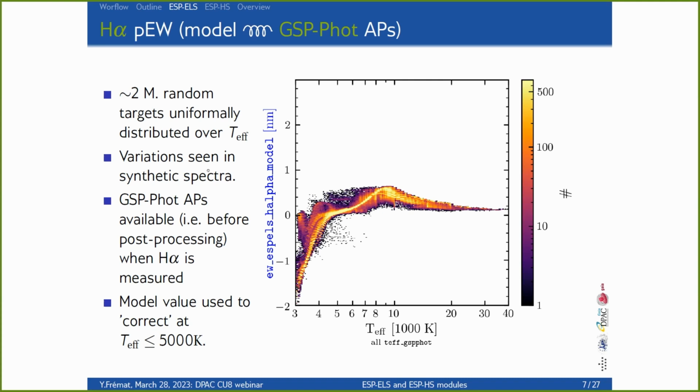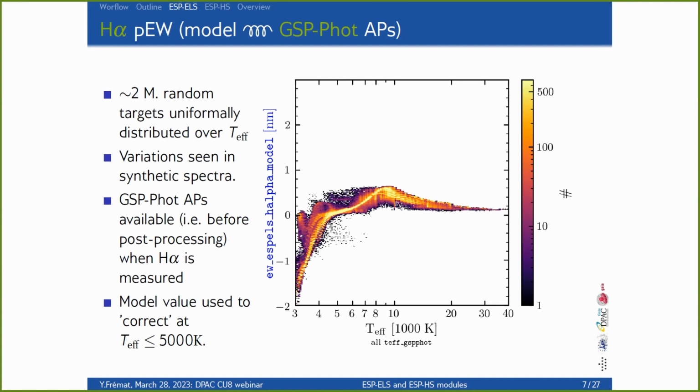Therefore, in order to try to mitigate this effect on the measured value, we decided to, again, use the astrophysical parameters provided by GSP-Phot to get the model value of the